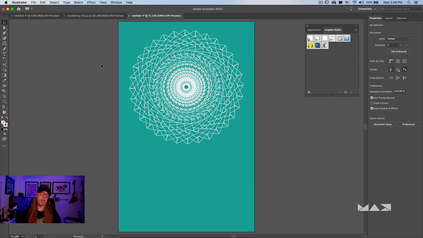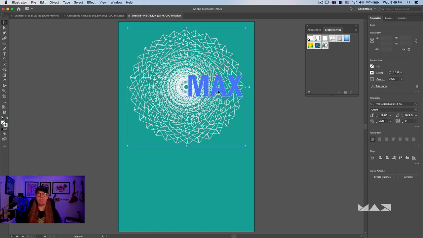So here's another good example of experimenting with effects to create a certain visual style. Remember when we were all kids and we used that Spirograph tool and we would draw and trace and it would make these sort of shapes and patterns for us? Well, you're probably looking at this thinking, I know how to do that. I'm just going to draw a bunch of shapes and then I'm going to rotate copies around a center point. But this actually isn't done that way. Let me show you exactly what it is. It's actually a piece of type.